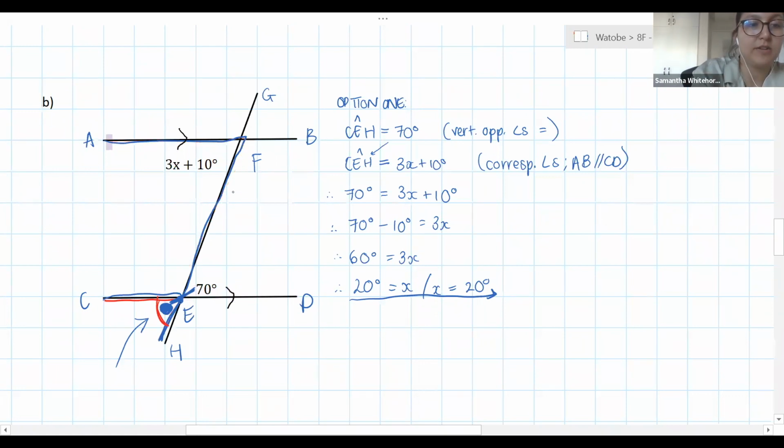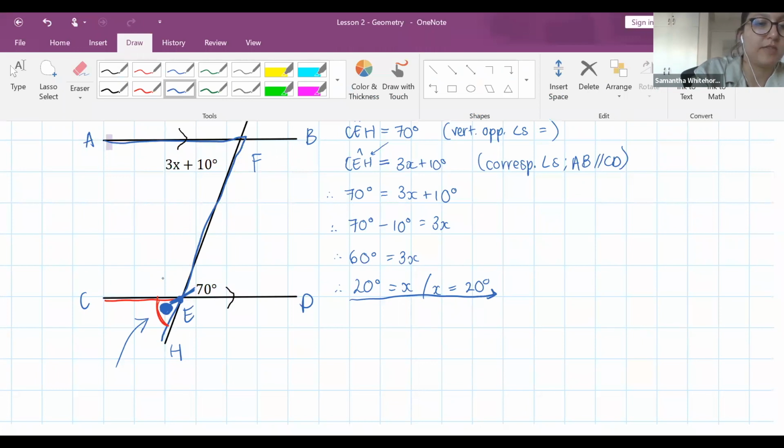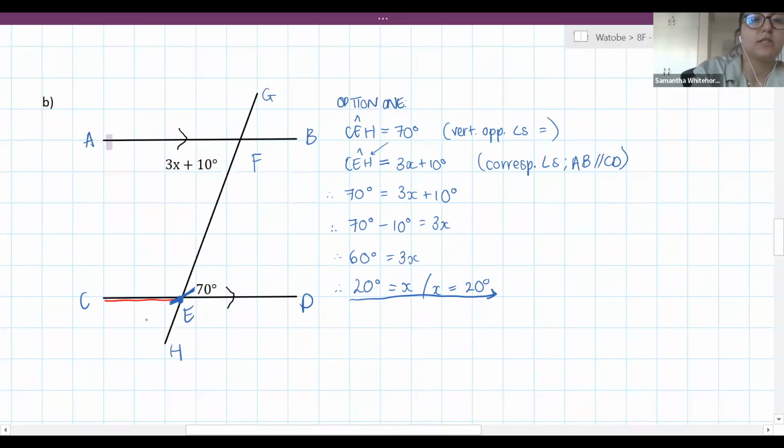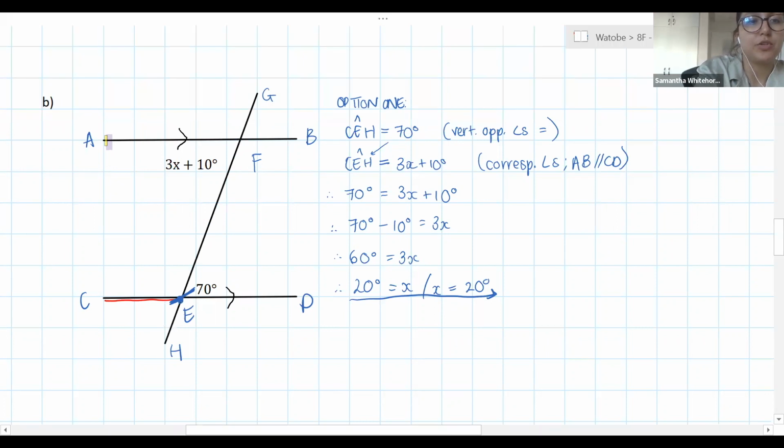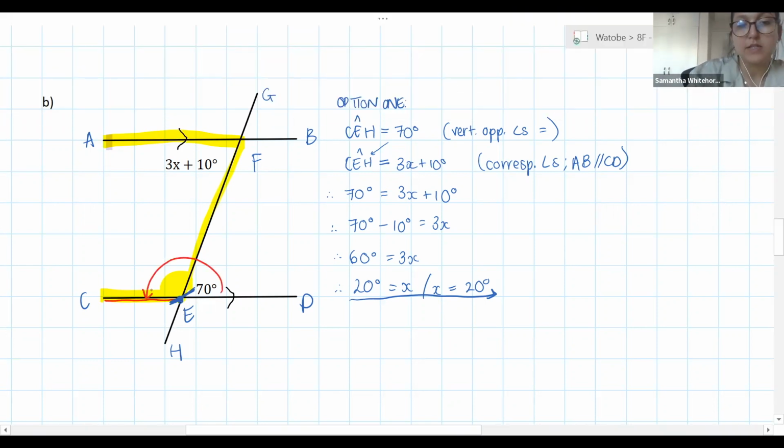Co-interior angles is then the U shape. So the U shape we had was over here. Now again, I need to know what this angle CEF is, but I can easily work that out because I can use angles on a straight line. So using angles on a straight line with the 70, and this is now option 2,